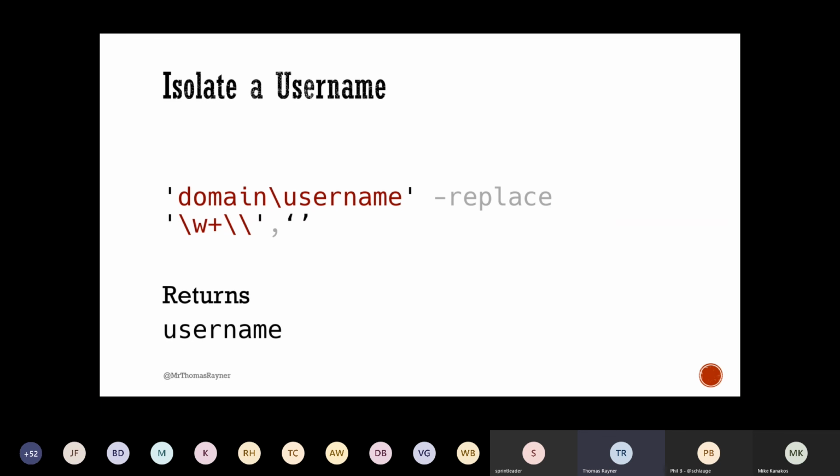How does it work? You know how this works. We just talked about all of this. \w is a word character, right? Letters, numbers, underscores. And we want one or more of them. And then \\, that's a relatable example. Normally we see the backslash and we go, oh, it's going to give special meaning or take it away from whatever comes next. What comes next? Well, \. So that means a literal \. So there's our word character, there's one or more of them, there's a literal \. And that's what we're replacing with nothing, right? So we found our pattern, and we replaced it with empty quotes. We replaced it with nothing.